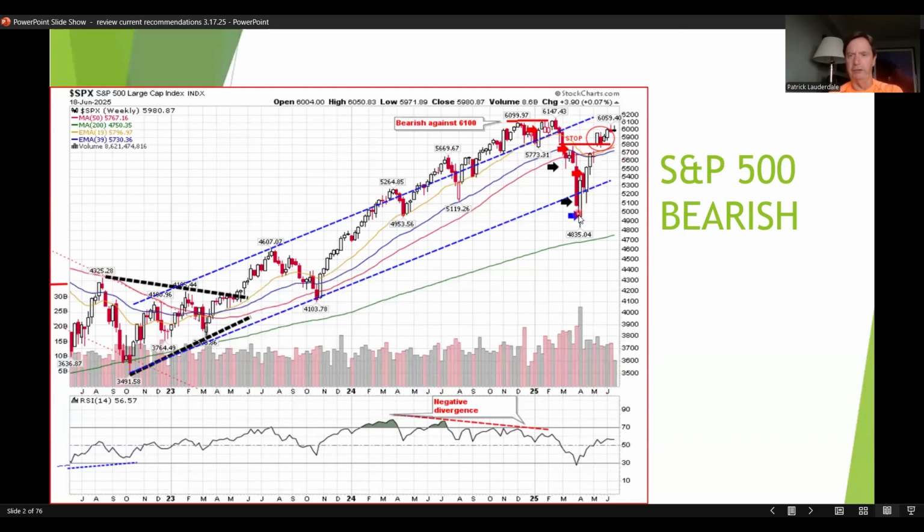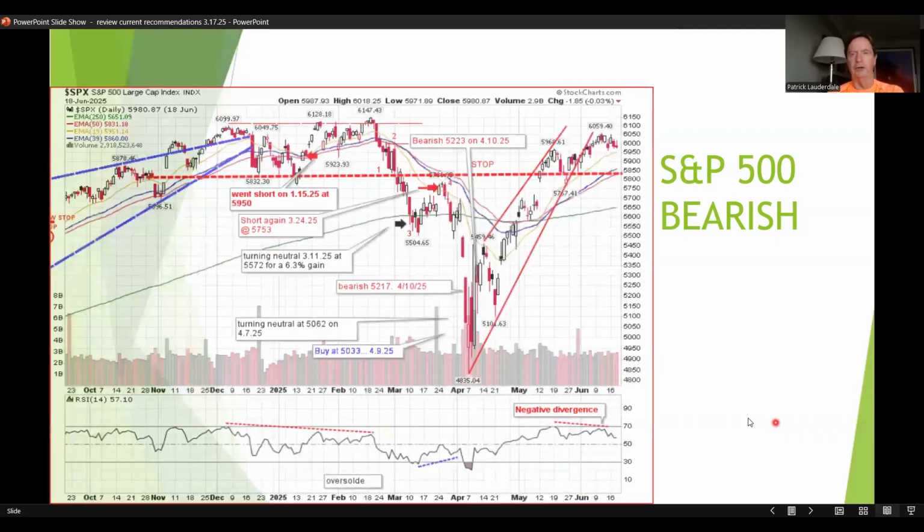So now we're going to take a look at just the daily chart. So it'll just be this part, the last 6 months. Each one of these bars represents a day of price action instead of a week of price action like the prior chart, the 3.5-year chart. This is, I don't know, a 7, 8 month chart. So again, here's where we went bearish, neutral, bearish, bullish down here.